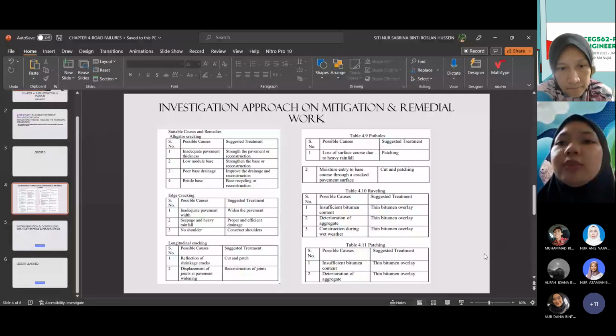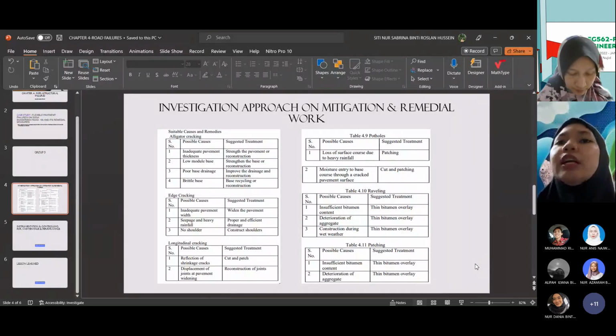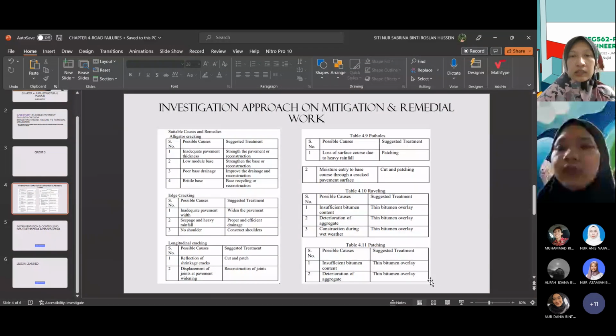Next, strengthen the base or reconstruction. Untuk poor base drainage pula, improve the drainage and reconstruction juga. And lastly, brittle base recycling or reconstruction. Mostly kalau alligator cracking ni kita kena reconstruct balik, ataupun kita kena strengthen pavement tu lah, sebab dia berlaku dekat bahagian atas